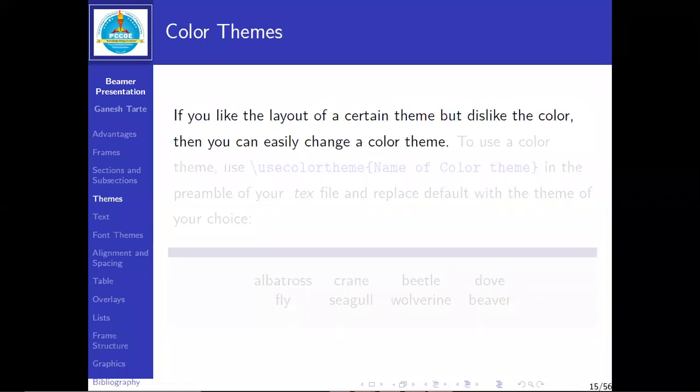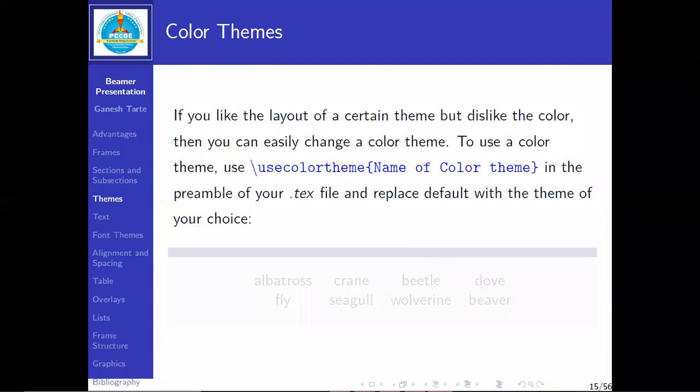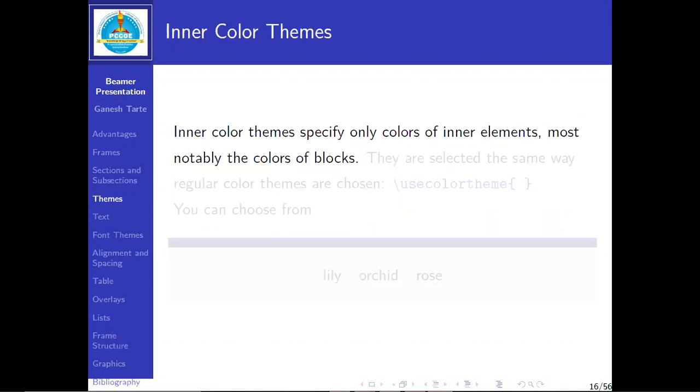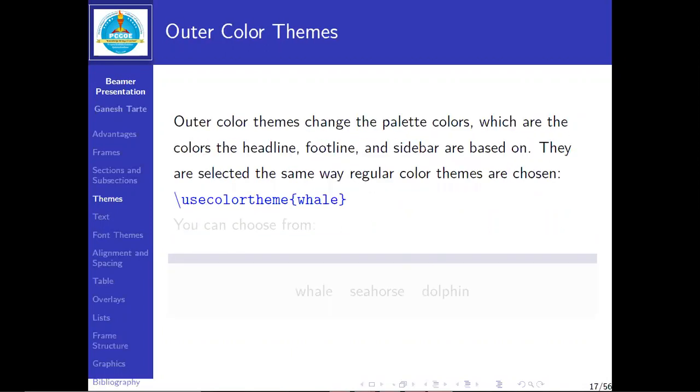Then color theme. Sometimes it may happen you like the layout of a theme but dislike the color. So we can change the color of the theme. To change the color, we use the command \usecolortheme and the name of the color theme. So we have some standard color themes here, but be careful, whenever we change the color, it changes either the total color scheme or just the inner color scheme or outer color scheme.